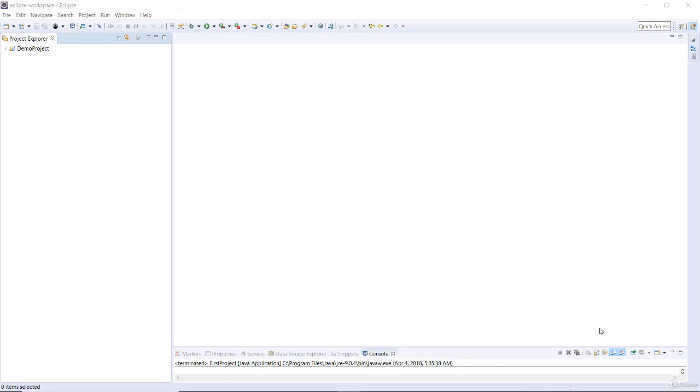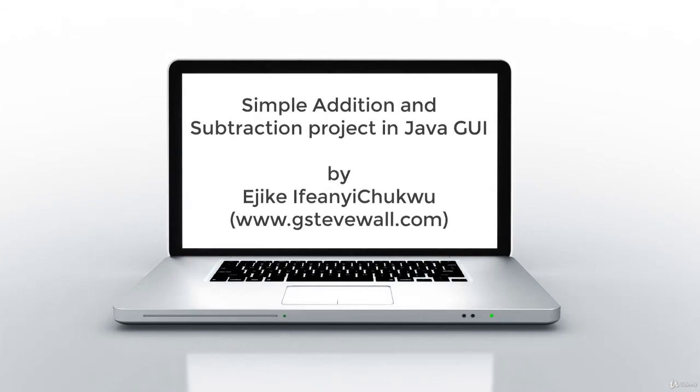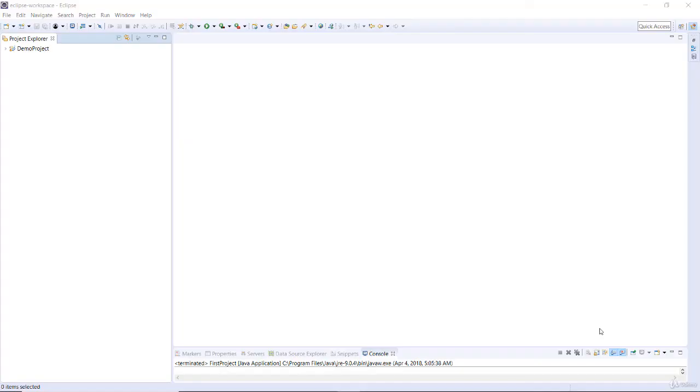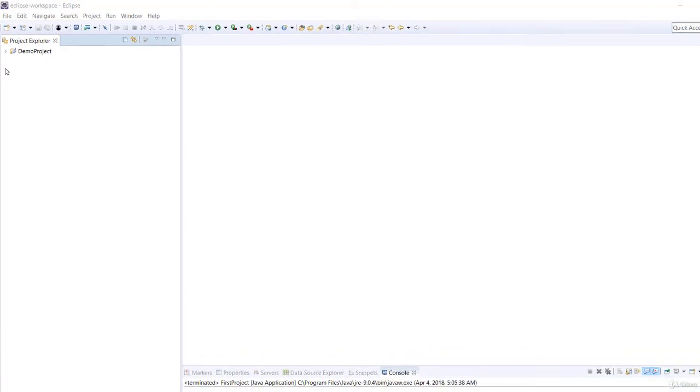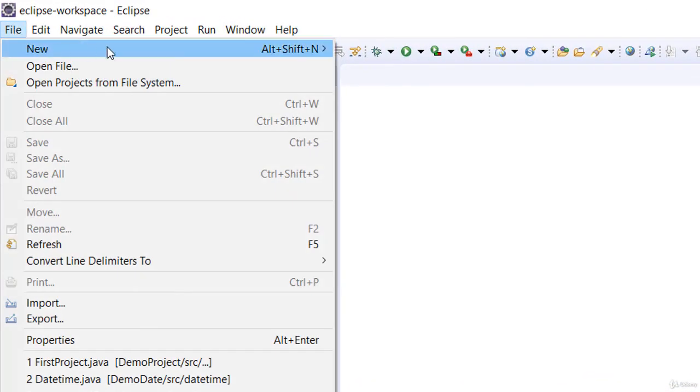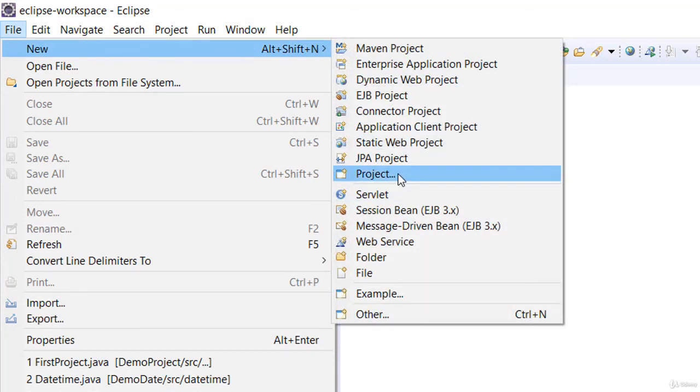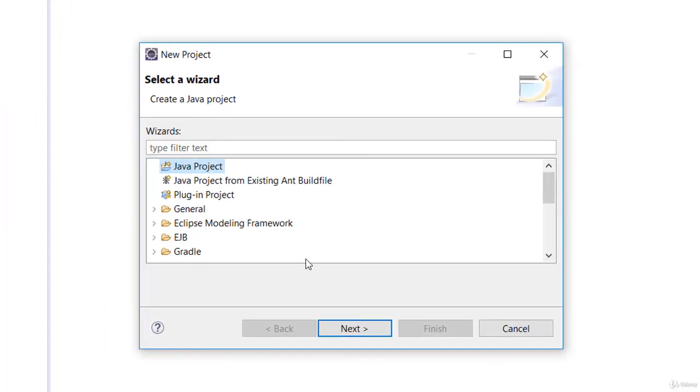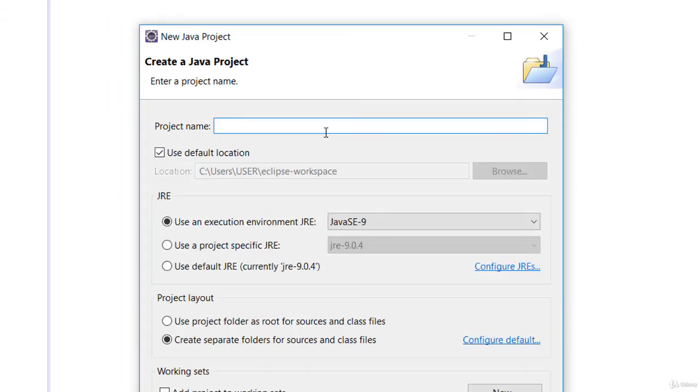In this video lecture, we'll be looking at simple addition and subtraction in Java GUI. Okay, we're going straight to the point at this moment because we've learned the basics of Java GUI and how to use it. So let's go ahead and move over to our files right now and hit on project. So go ahead and hit on Java project and move on and put this as